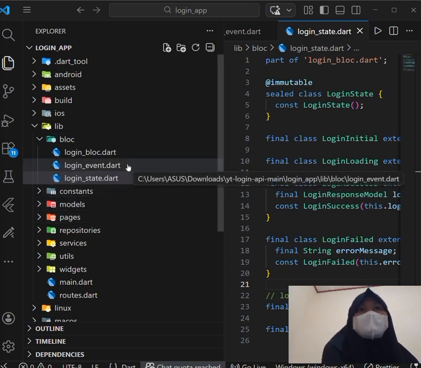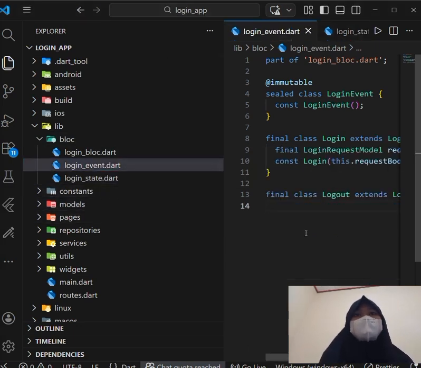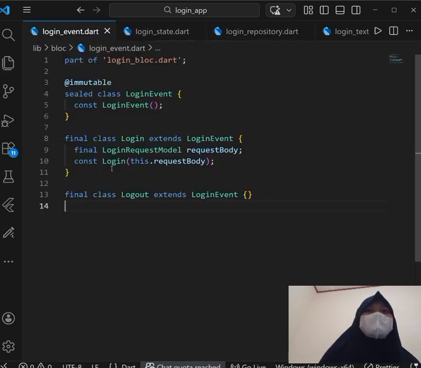In the UI, you might have something like context read login BLoC add login request body. Currently, our events are login and logout. Login state represents the current condition of the application.